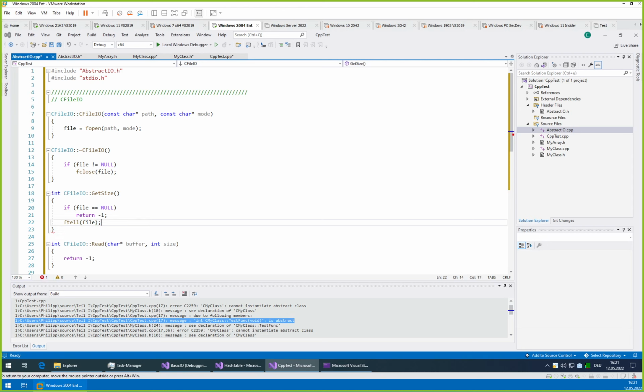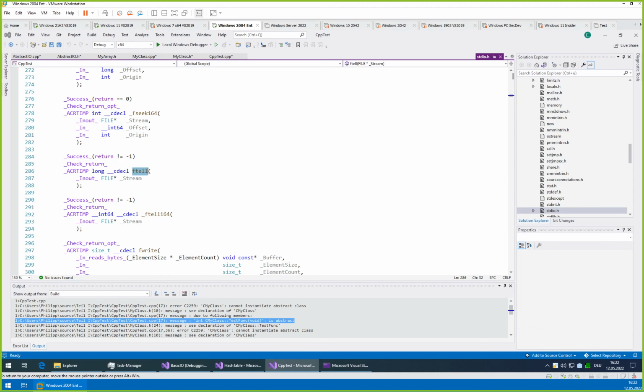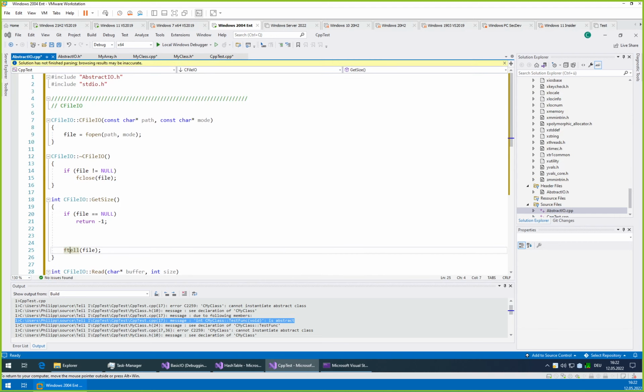So in this case we need an elegant solution. This ftell thing returns us the current position in the file as a, well, that is interesting. It says it is just a long. That would not be good, because this would mean that we are limited to 4 GB of file size. Let's see what it does. No, but it really is just a long. Okay, then our function will be limited to 4 GB large files.